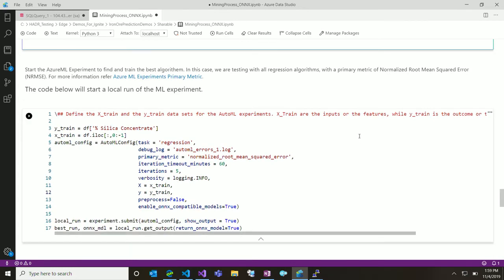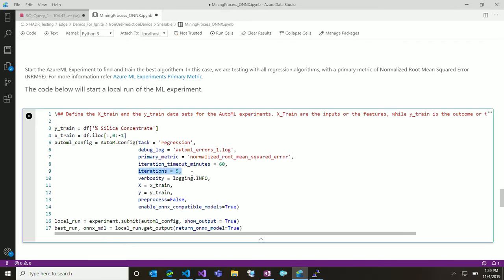Let's talk about the ML model training. In this case, I'm going to start a model training with 5 iterations. The reason I'm picking 5 iterations is because it's much faster in the demo scenario. But if you really want to get to a good model, you may want to try with different iterations. For example, if I go to 10 iterations, I get a fairly decent model when compared to 5 iterations. Now basically what is happening behind the scenes is that Azure AutoML is trying multiple different algorithms to